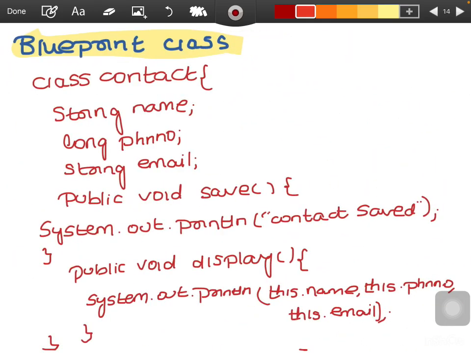See, it is a blueprint class. For example, the blueprint class does not contain any main method. It is a logical entity. Here class Contact, String name, long phoneNumber, String email. Here I am creating non-static methods because these are non-static variables, which change with respect to the object. So public void save method,